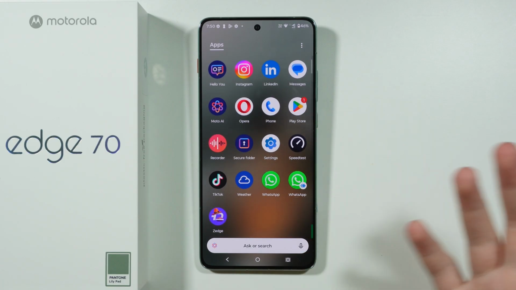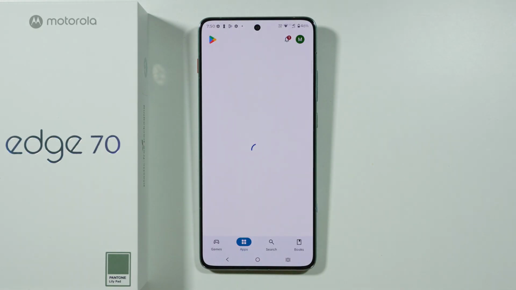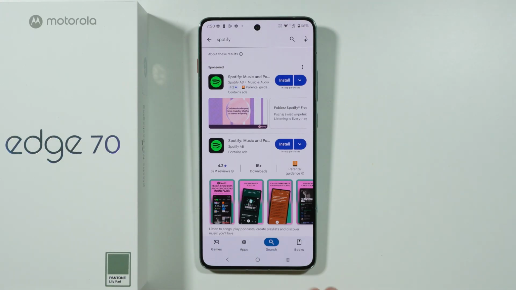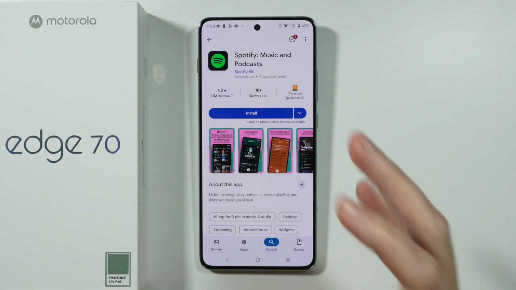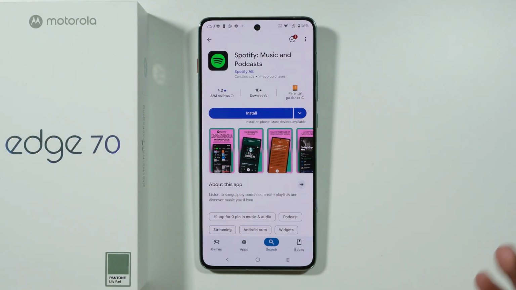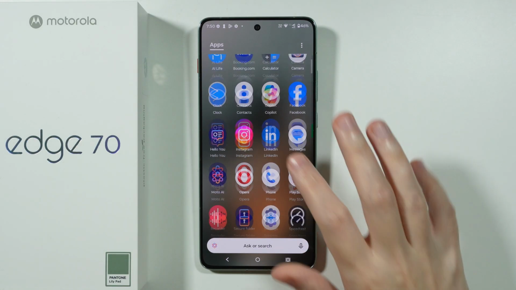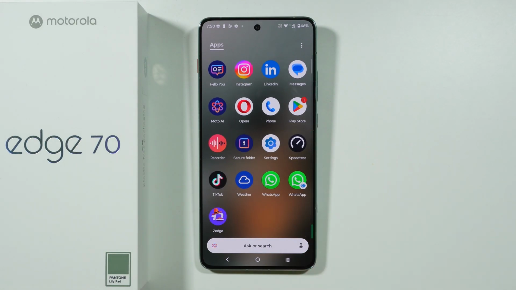And since I removed Spotify, let's actually go to the Play Store, and if I type Spotify over here, I will actually have the option to install it. So this Play Store that I have on my phone, the general one, doesn't see that the app is actually installed in the secure folder. But of course, if I go to the Play Store inside that secure folder, it will say that the app is installed. So I hope that is clear, and this is how we can hide apps in at least this one way that doesn't require us to